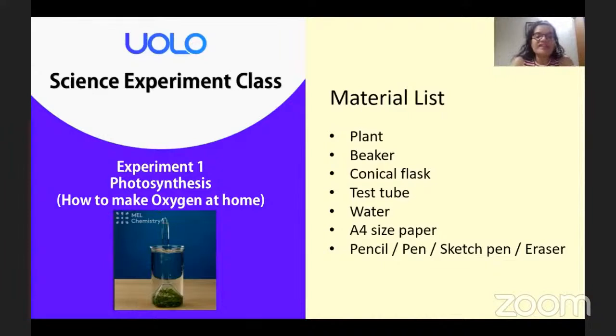Now, photosynthesis is something that is going to take time. So we are going to do the experiment, but do not expect the results immediately. Why? Because it takes a certain amount of time. So I'm going to show it to you,